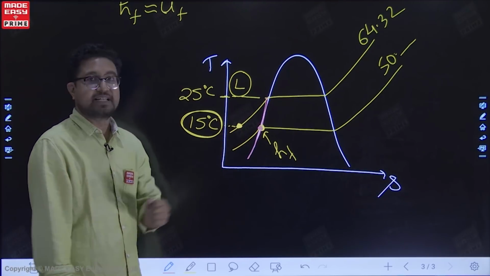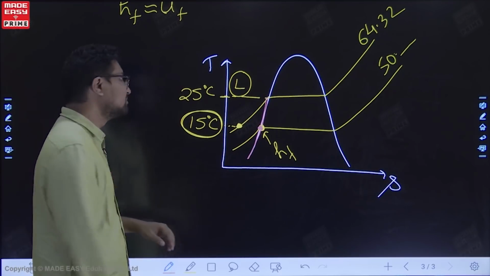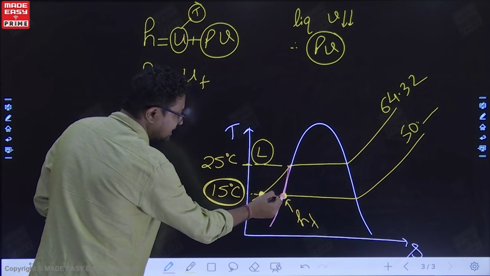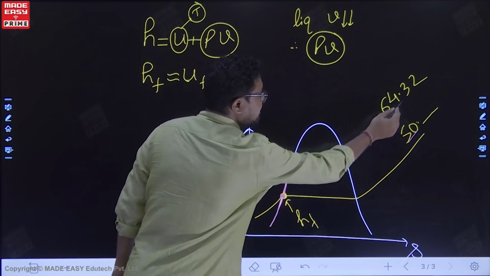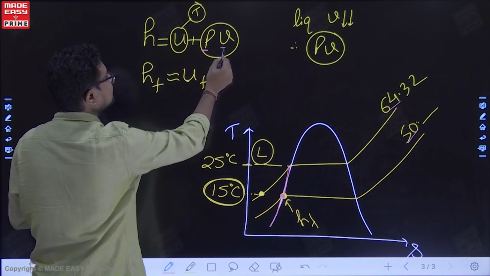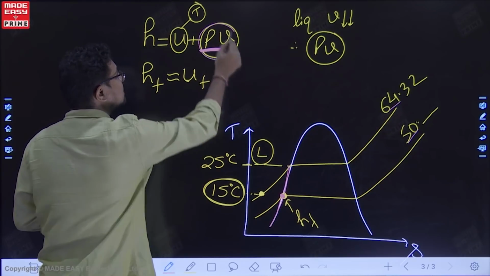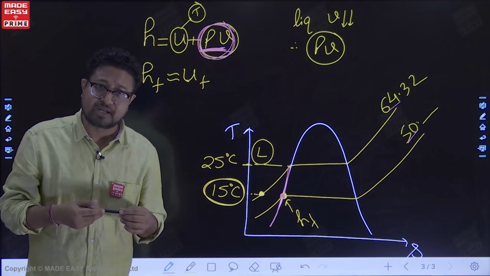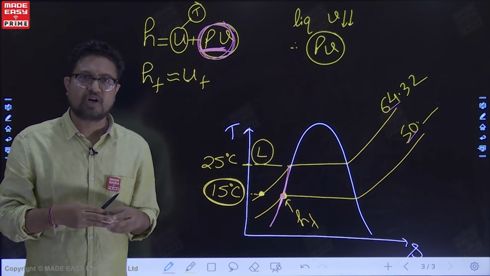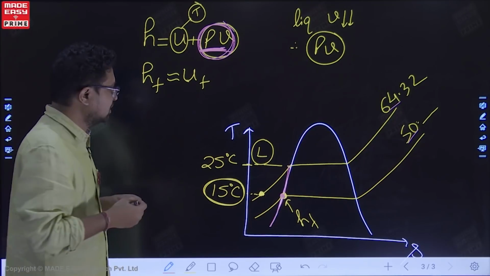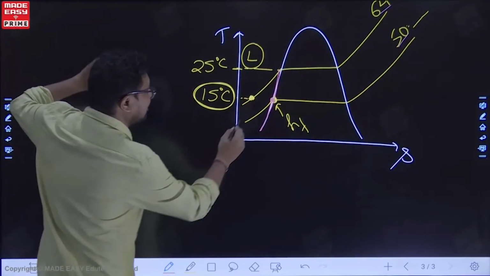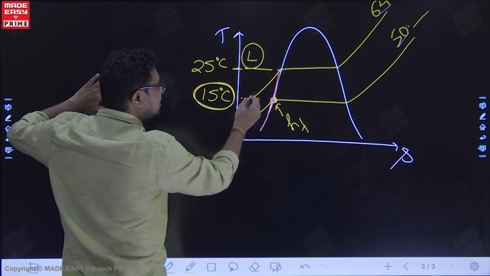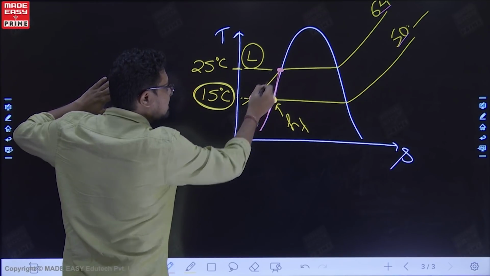For both these cases, internal energy is almost the same because they are at the same temperature. The pressure is different, but the PV term is so negligible that it hardly makes an effect on the enthalpy. There is no effect on the enthalpy. Almost negligible. So you can say, if we want to know the data for this and they have not given the Cp for liquid, we cannot calculate from this route.